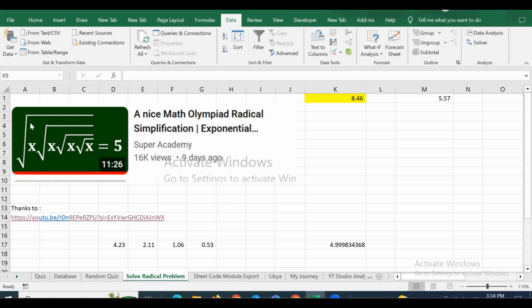So you have so many roots, and that is all equal to 5. 4 roots, and you have to find the value of x. So let's just start from the outer one. The outermost x is actually,